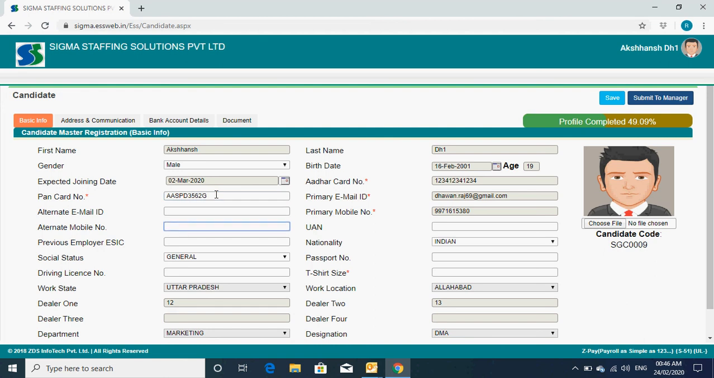Alternate email ID he can give or leave. And now here we say UAN number, if it is available from any previous company he was working with, or he can leave it blank, and any previous employer ESIC number. So this data will be maintained for the purpose of any PF and ESIC linkage. Nationality he can choose, and give the social status like general, scheduled caste, scheduled tribe or OBC. Passport number he can give. Apart from this,